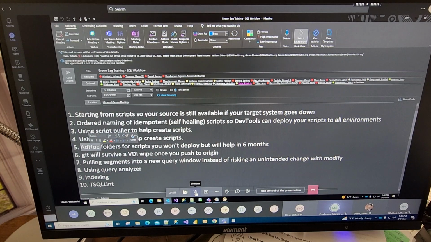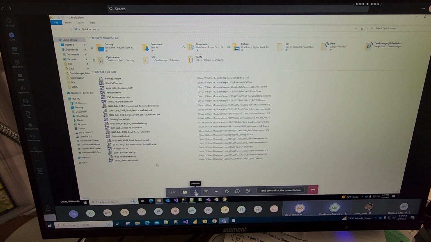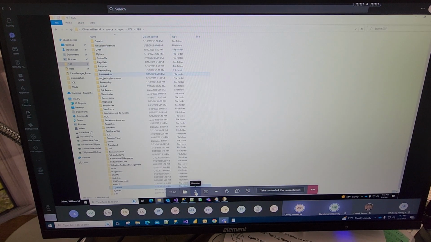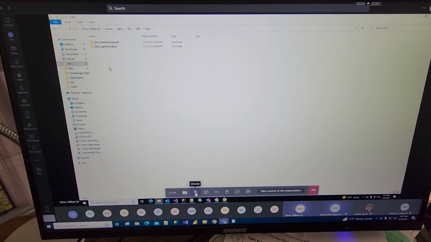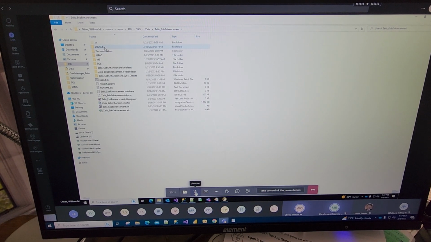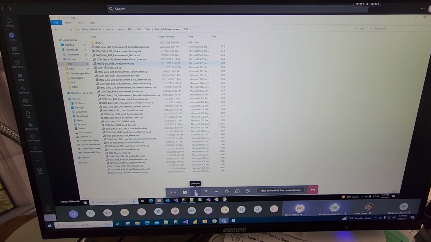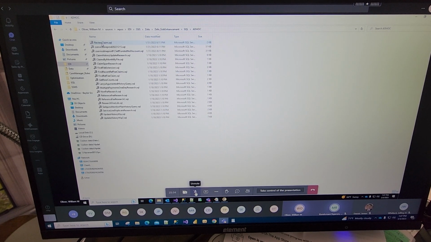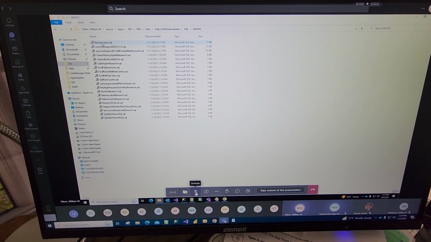Okay, so this next one, I think we have talked about this before, but as you're working on projects and you write a piece of SQL that you are going to use over and over again, but you don't want it to be deployed to production. So in this case, I've got 35 scripts that are going to production, but I've got this ad hoc folder with all of these specific information. So if I want to review a specific claim in the context of EOBs,